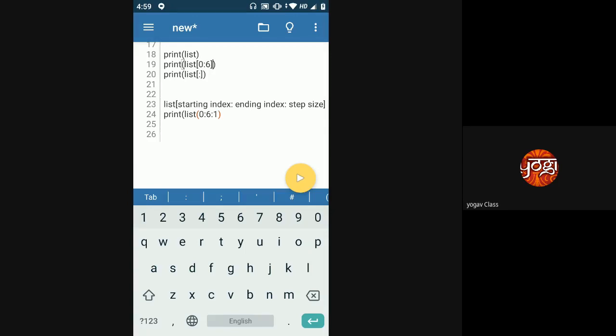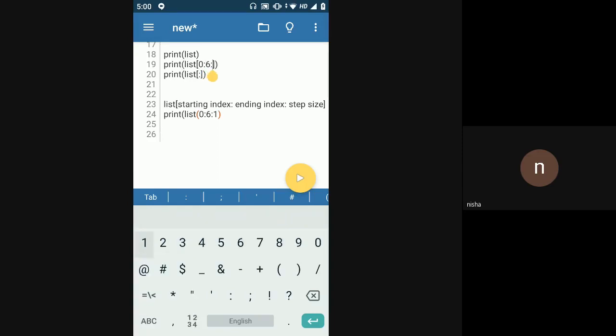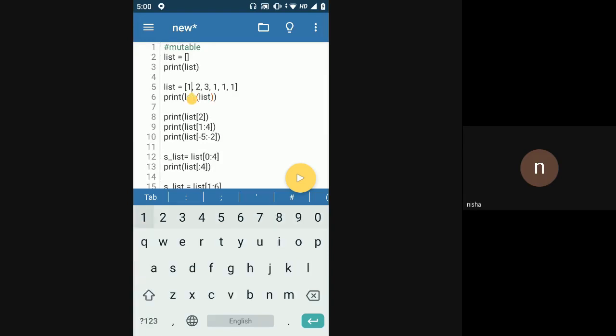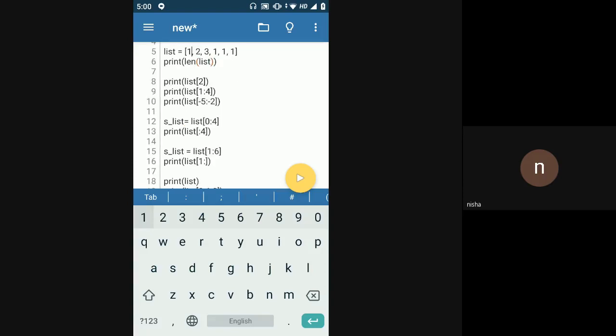Clear? Yeah, ma'am. Similarly, if you give a step size of 2, Python will print the first element, skip the second element and go to the third element. Then it will skip the fourth element, go to the fifth element. It will print alternate elements from the starting index.